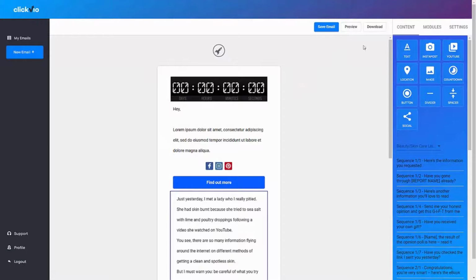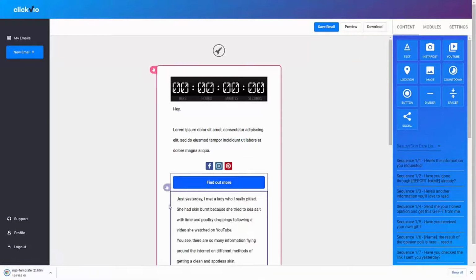The next thing you need to do is click on download and use the HTML output. Now HTML output is what gives you the code that you then need to put into your autoresponder. I'll show you how to do that in a second as well. But then you've got the MJML option and the JSON option. I wouldn't worry about it unless you're a developer, you're very technical and you want to use these templates in your own autoresponder that you are building from scratch. But in this case, let's click on HTML output and it's going to download the file.